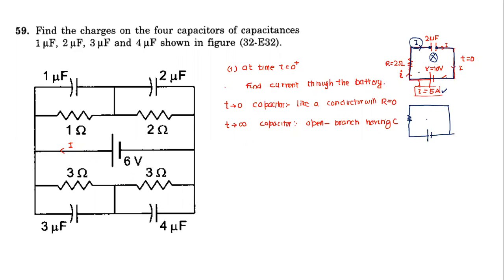So what we are doing, for the purpose of calculation, because we are more comfortable calculating current in a circuit which has only battery and resistance. So whenever we come across a capacitor, in these two cases, we can get rid of the capacitor, and then I get a circuit which has only battery. So what is the purpose of these two assumptions?